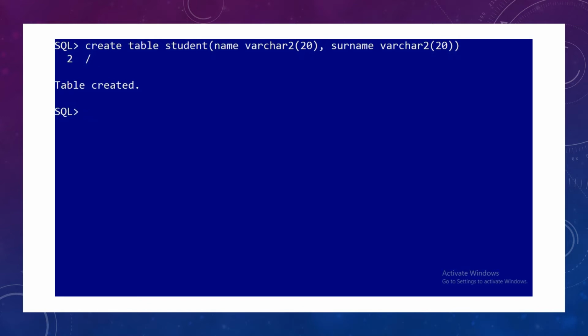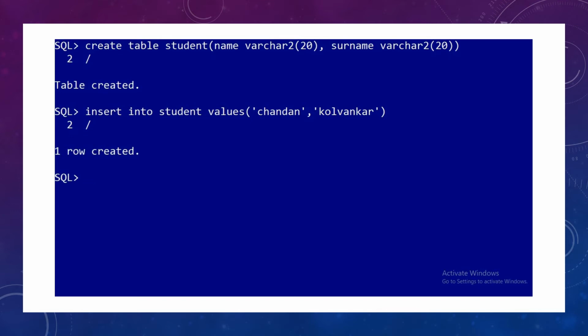Let's insert some data in it. So insert into student values, so one row is created.